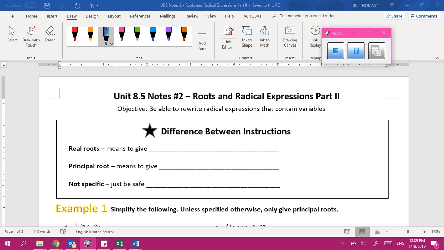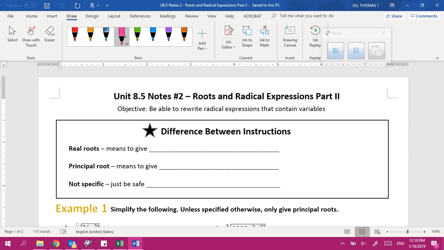So, first things first though, guys, this is going to help you moving forward any time you're taking a math class, like when you go to college and stuff like that. You want to know the difference between instructions, okay? So when you read instructions, hopefully you actually read them, you know what it's even talking about. So first of all, if the instructions say real roots, i.e. give the real roots, or what are the real roots of blah,